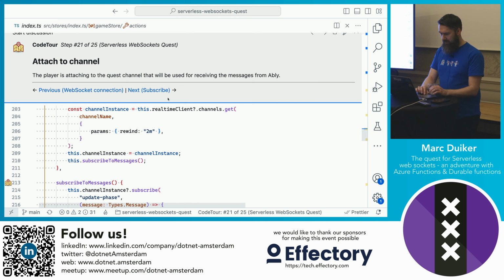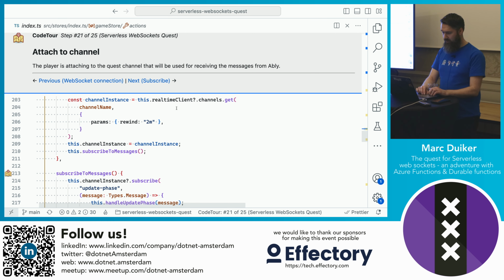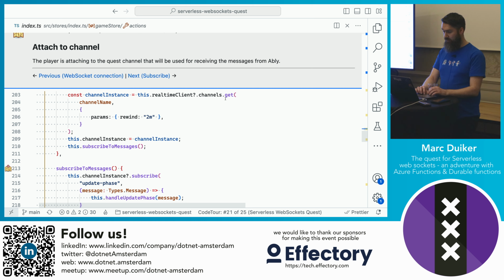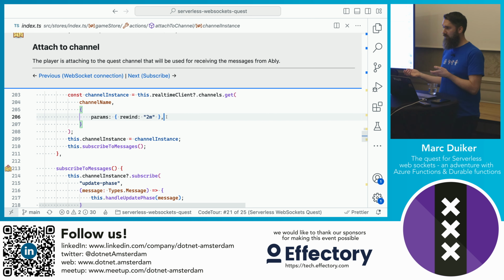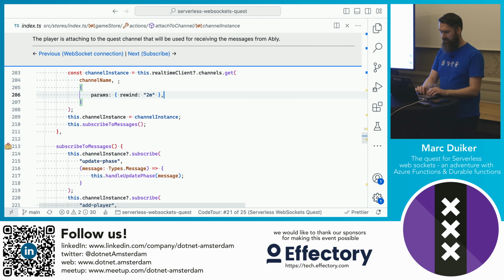Like I mentioned, everything happens with Ably on communication channels. So here I am retrieving a channel based on the Quest ID. And this is something, I think, quite unique to Ably, because whenever you connect to a channel and you pass in this rewind parameter, this instructs the client SDK to retrieve the history of the channel. So you can look back and replay what has happened on that channel and update your UI accordingly. I think this is a really nice feature.